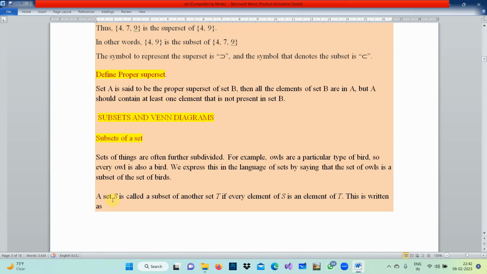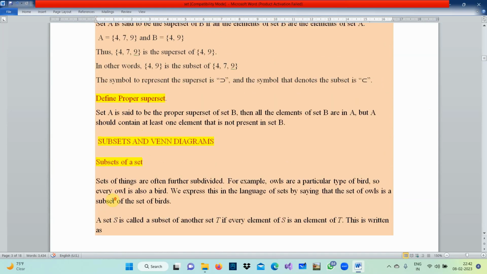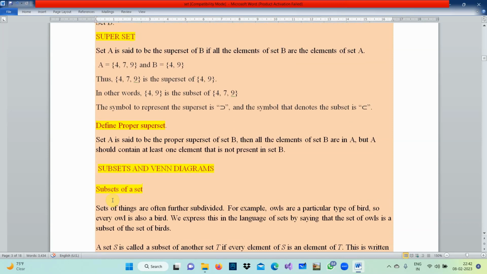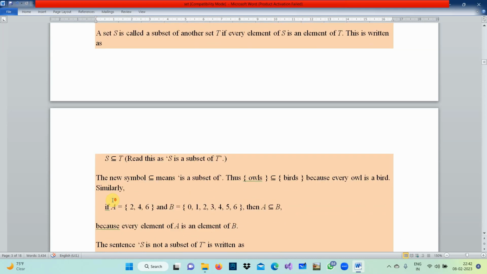Previously we studied the superset, and here you call it a subset. Now, how do we represent it?